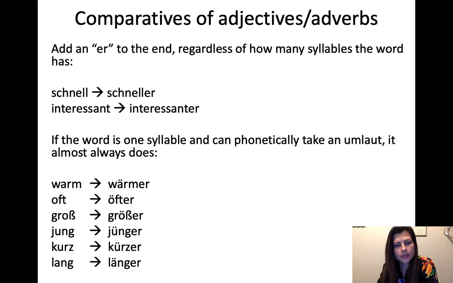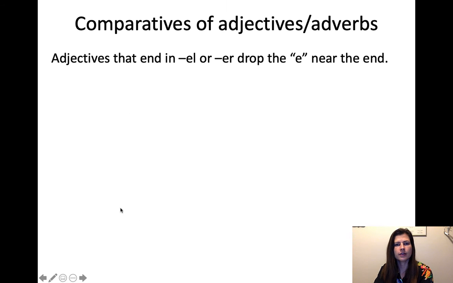So they have to be 1 syllable though, because you see, for example, interessant, it has that A. I mean, you could technically put an umlaut there, but it doesn't work. You don't do that. The word has to be 1 syllable for this umlaut to appear. Yeah. And then we have adjectives that end in EL or ER, drop the E near the end, just sort